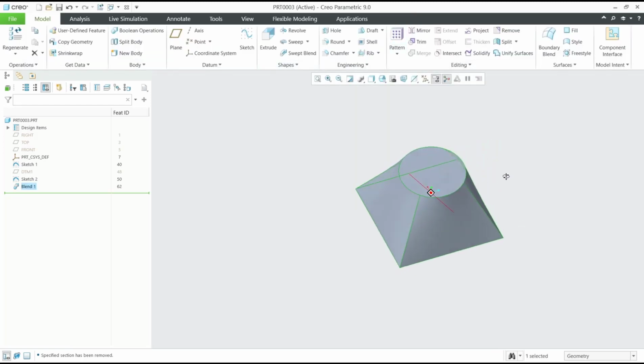Okay, that's it for the basic Creo tutorial, how to blend rectangle to